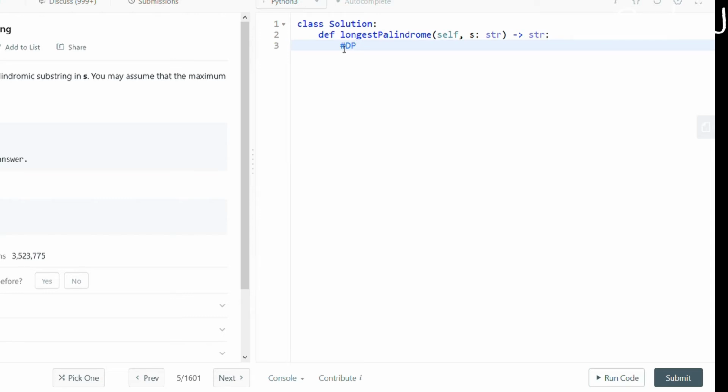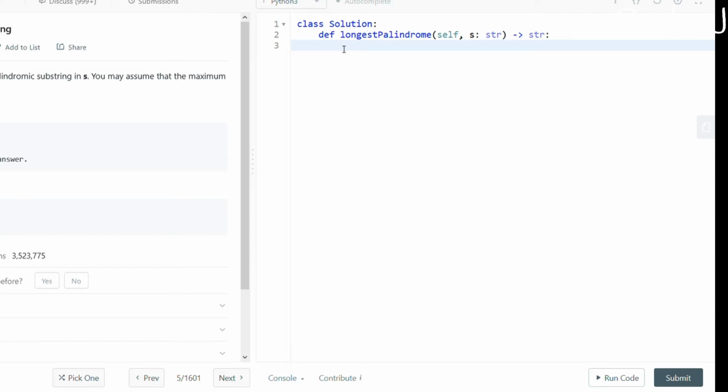But the issue with DP is that the complexity will reduce drastically, but only the time complexity. The time complexity will be order n square, but the space complexity will also be order n square. So it's not very space optimized. That is why we'll just avoid DP.